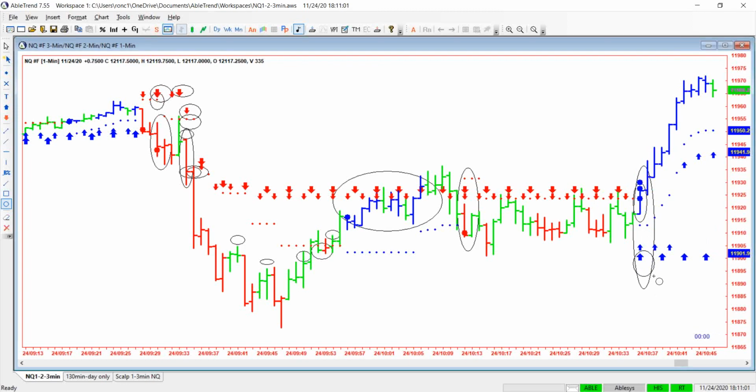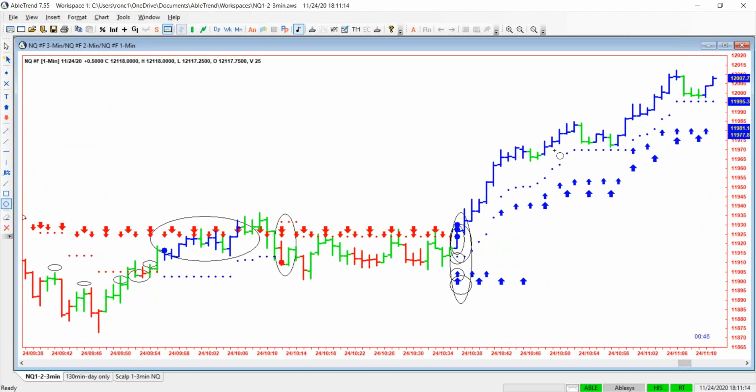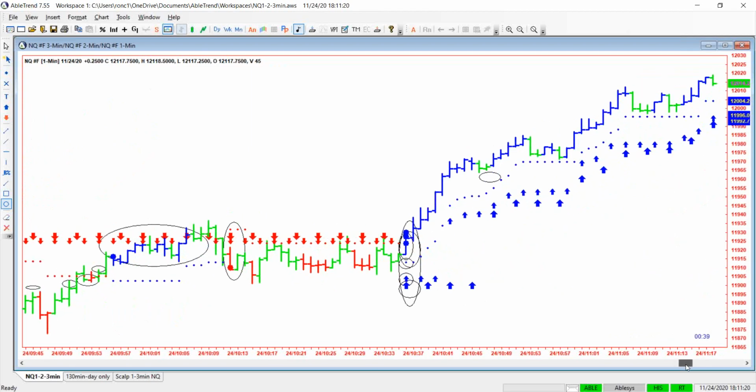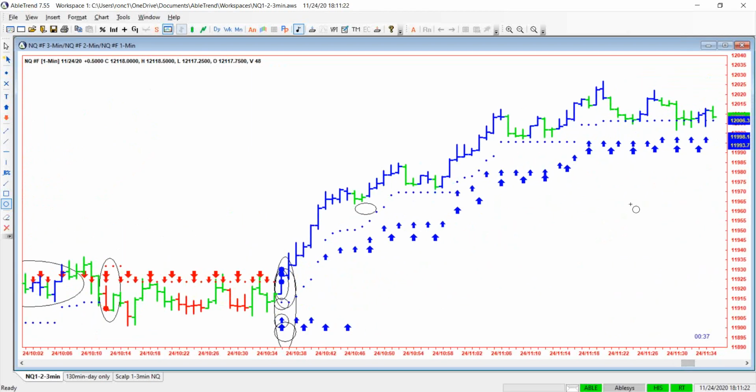Blue 3-minute buy signal, 2-minute buy signal, 1-minute buy signal, and a blue bar. Boy, it doesn't get any better than that, because that's a really low risk, high profit potential trade. And from there, oh my, they did take off like a rocket. There's our two greens, never hit it. We didn't actually get out because it never came down off the two greens till right about in